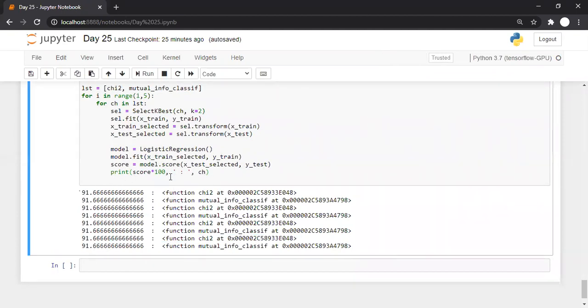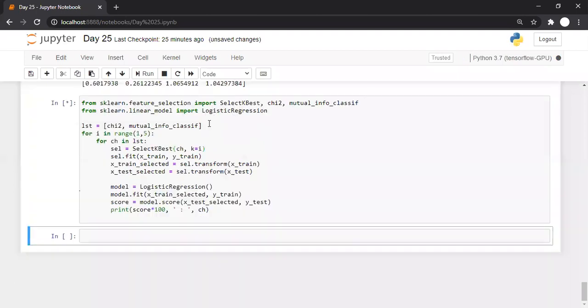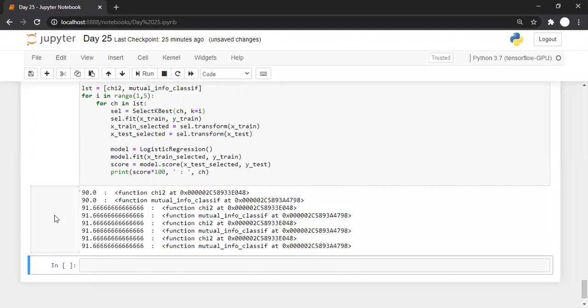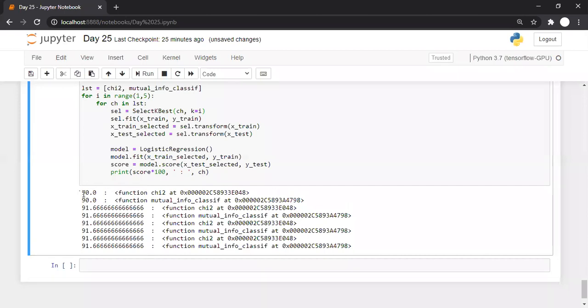Every time we are getting the same score, that is 91.66, 91.66 and so on. Just because it is k is equal to 2, I should write i over here. So according to this, it doesn't matter whether I am using chi-square or mutual info. Both are giving me the same accuracy, that is 91.66. And along with this, I'll print i also.